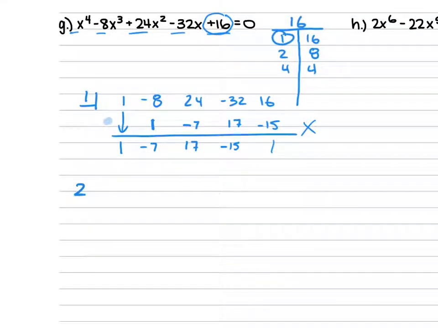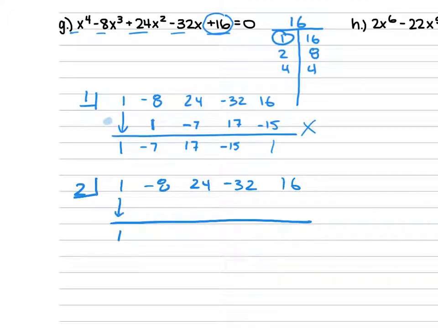2. Using the same numbers, 1, -8, 24, -32, and 16. Where did I get those numbers? Where did they come from? They're from the original equation. They're the coefficients, the numbers right out in front there. So we've got